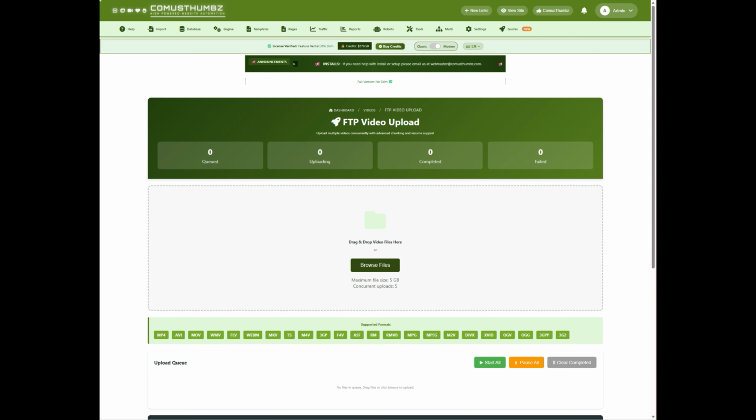Welcome to Video FTP. Despite the name, this page is not a traditional FTP client, and you do not need an FTP password to use it. It is a browser-based bulk uploader that drops video files straight into the same server folder a real FTP client would write to, the